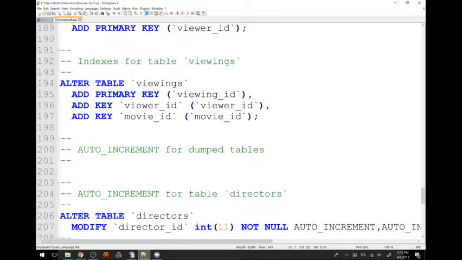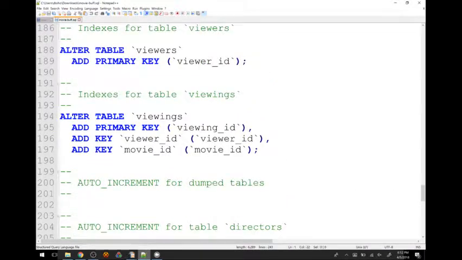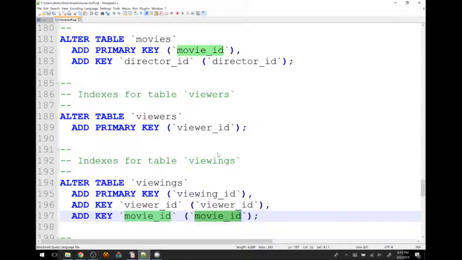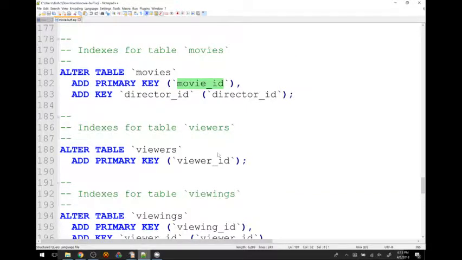Where's the primary key? Yeah. Well, yes. I believe this is saying that the primary key for the viewings table is the combination of the viewer ID and the movie ID. I believe I'm interpreting that correctly.